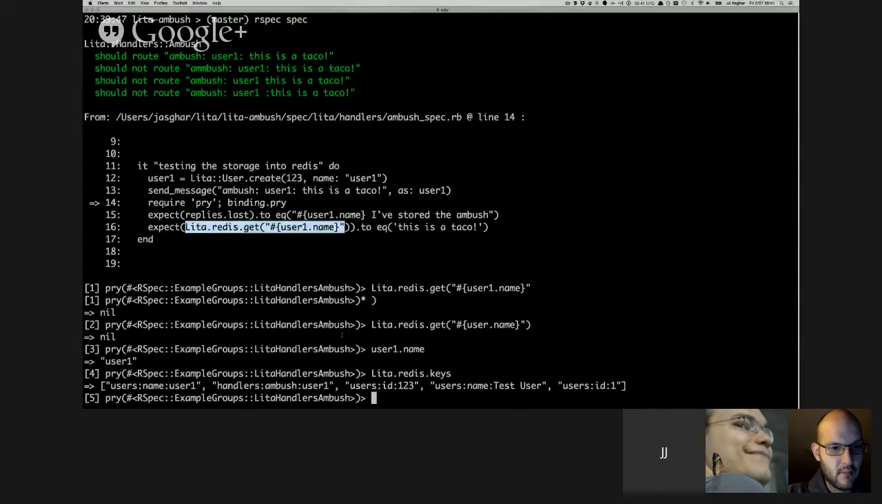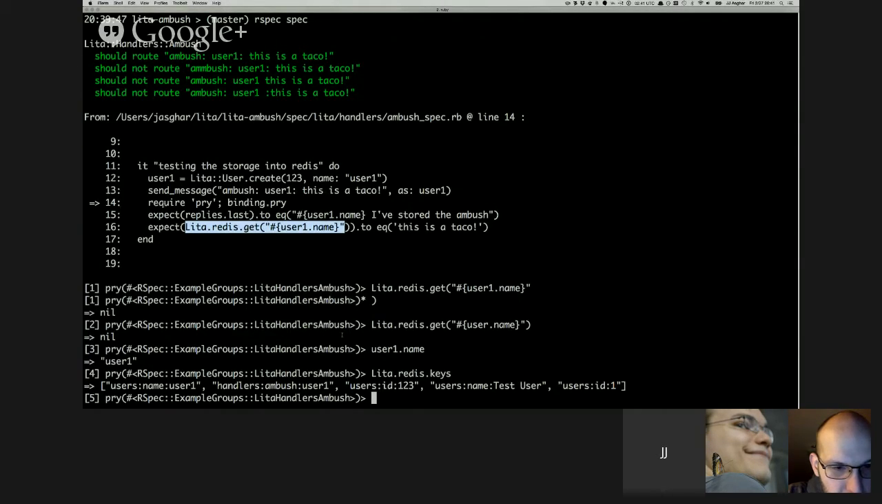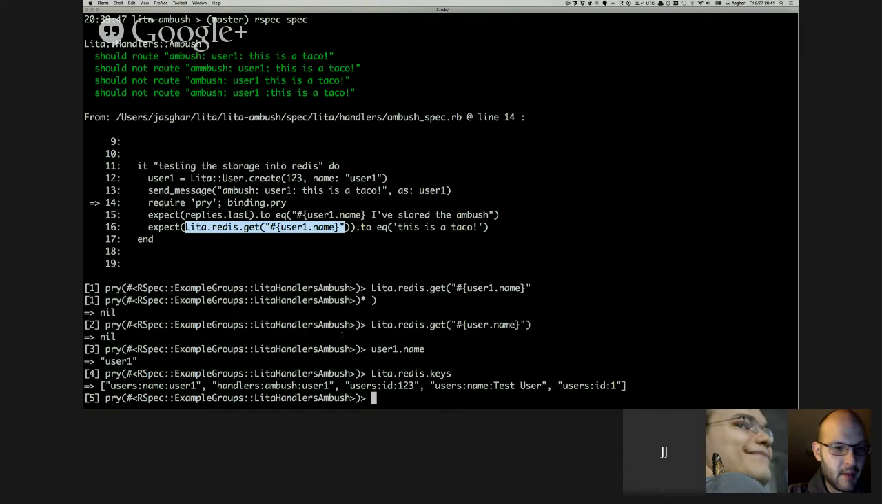All right. Lita.redis.keys. Wait. No, that's right. So when you use the Redis object, it automatically namespaces it for you. Oh, okay. So that second key, handlers ambush user one, try to do a